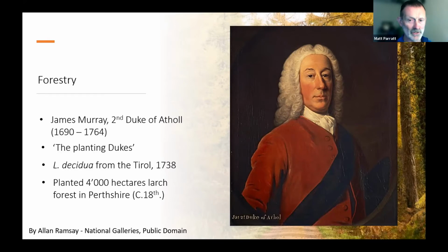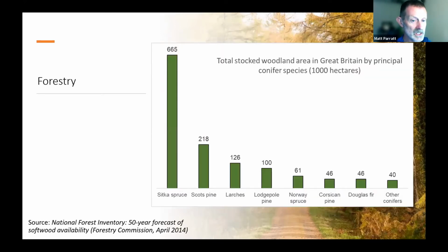And we'll just have a look at the importance of larch. So these are some figures from 2014. So this was the most recent release. And the bars you see in the numbers are thousands of hectares. So no surprise, throughout the whole of Great Britain, I'm sorry, Ireland, you aren't included in these figures, neither is Northern Ireland, but